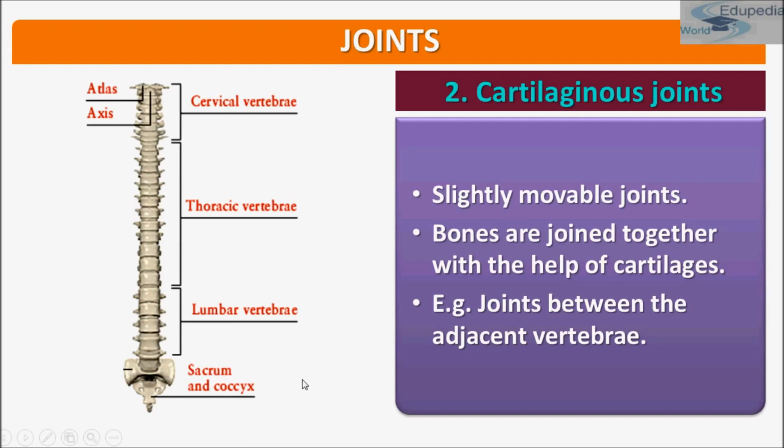So these cartilaginous joints occur where the connection between articulating bone is made up of cartilage, for example, between the vertebrae in the spine. Okay,